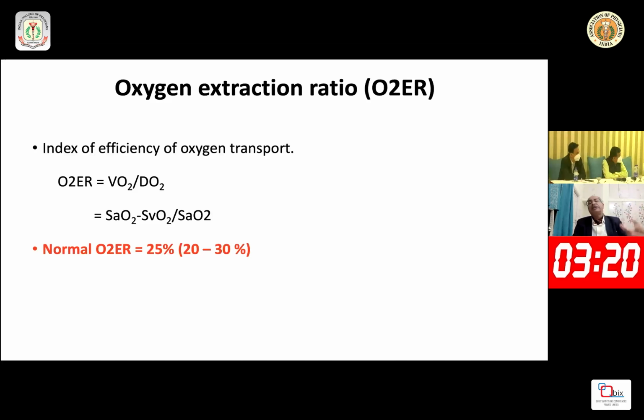That is why when a person has anemia, you will see the SpO2 levels go pretty down, the extraction ratio goes up, and that tells you there is something wrong with the tissue, so the deliveries may not be there. On the other end, when you take a person in septic shock, there may be peripheral shunting taking place. So initially you may find SpO2 may be normal or paradoxically elevated, and a normal OER may be there. So we must understand the pitfalls which can happen when we take each of them.